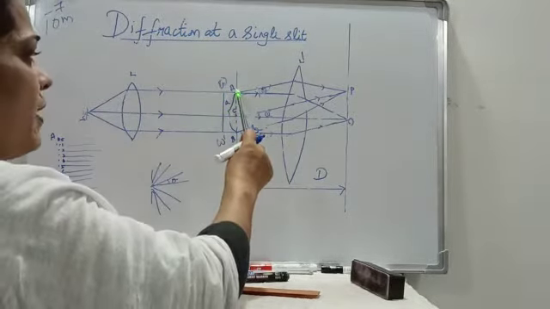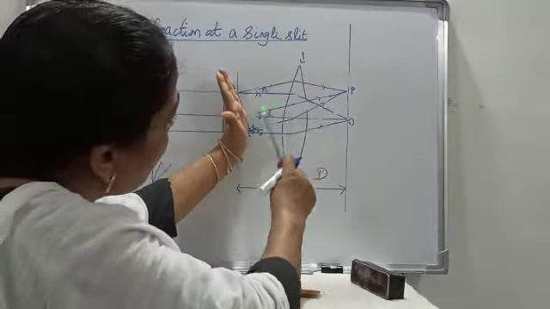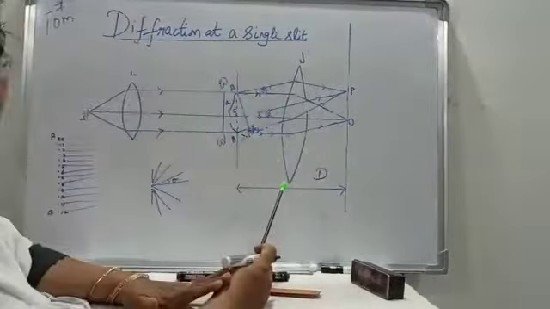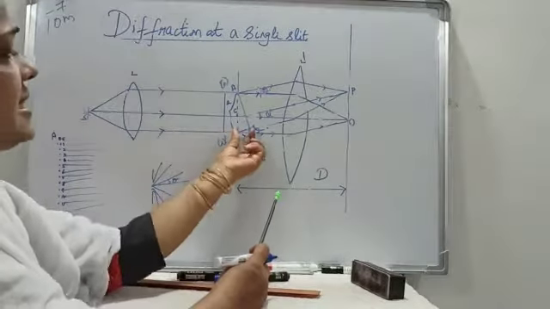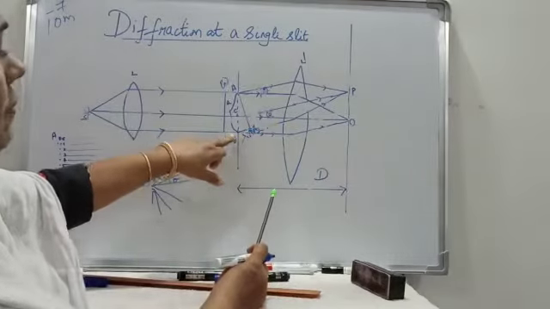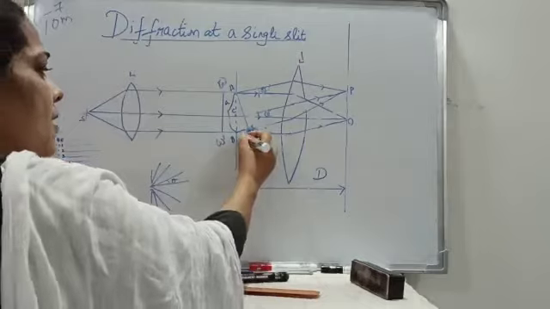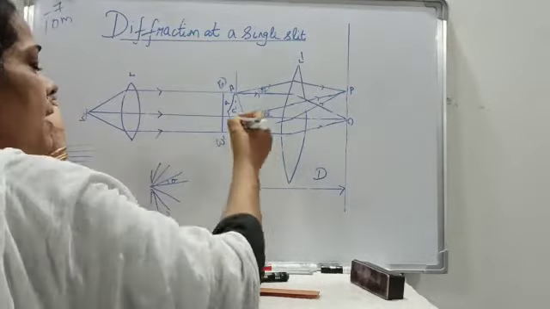This is found out by drawing a perpendicular. Once a perpendicular is drawn, from here all the wavelets travel the same optical path. So this is the extra path difference that is coming from the wavelet at B, and I have marked it as lambda. Let the path difference be lambda.